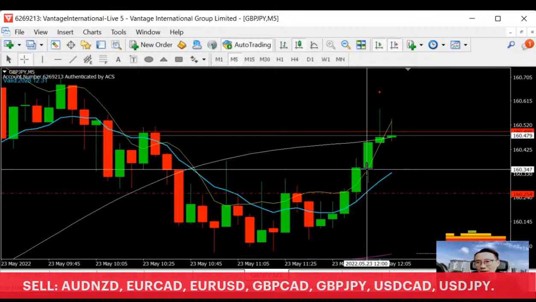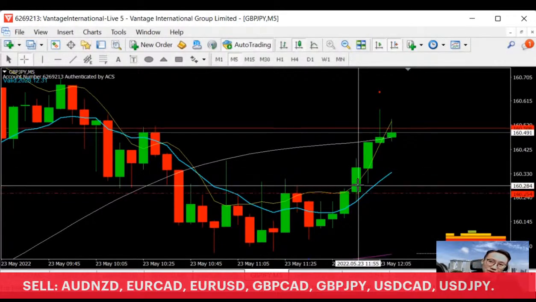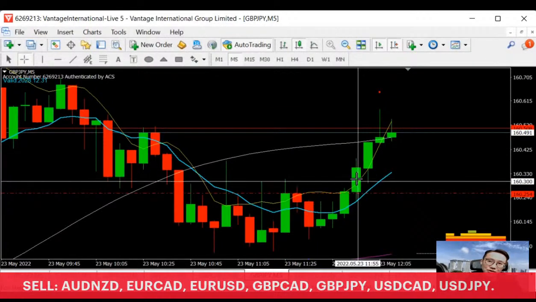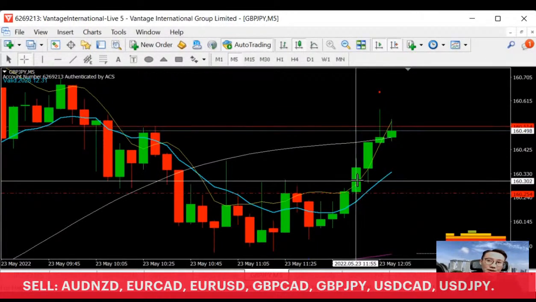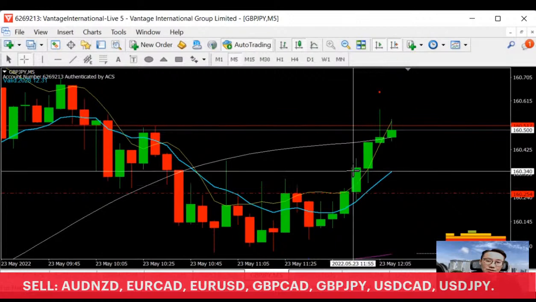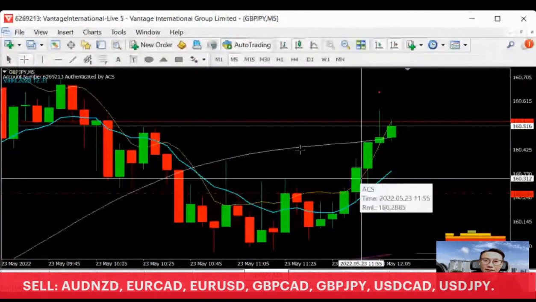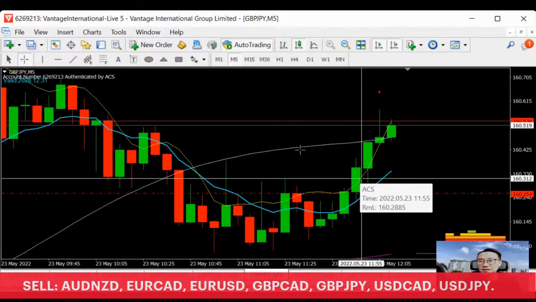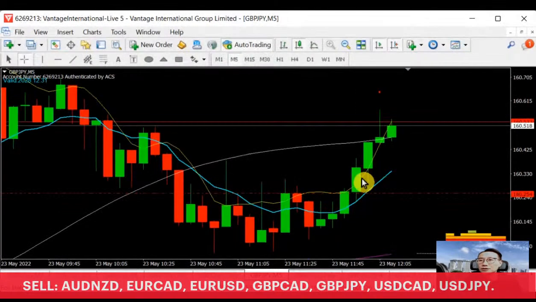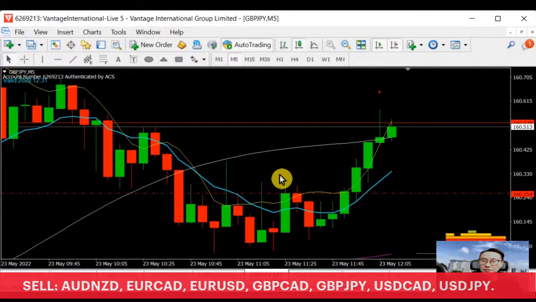So yes, that's right. I will cut my trade over here. I will cut my trade here. Okay, I'll cut my trade around this candle. Will this be considered a premature stop loss? This is not a premature stop loss